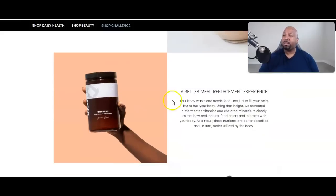Nice. Very nice. A better meal replacement. We love meal replacements. That's what protein shakes are usually known for. That meal replacement, lower calories, gives you the same vitamins and nutrients that you need, and keeps you full with that fiber in there. So yes, your body wants and needs food, not just to fill your belly, but to fuel your body. Using that insight, we've created